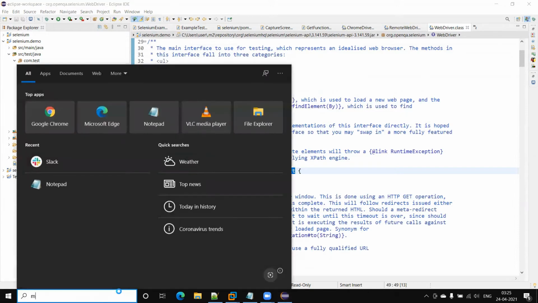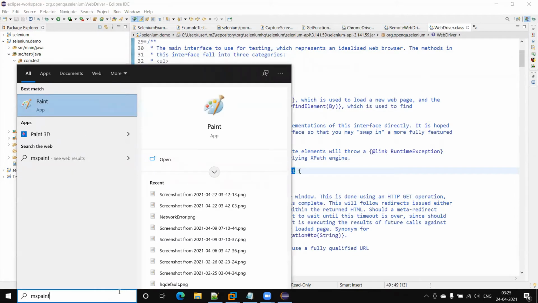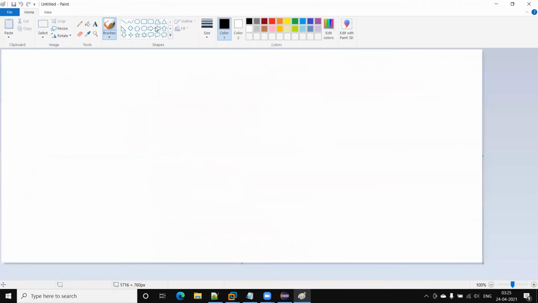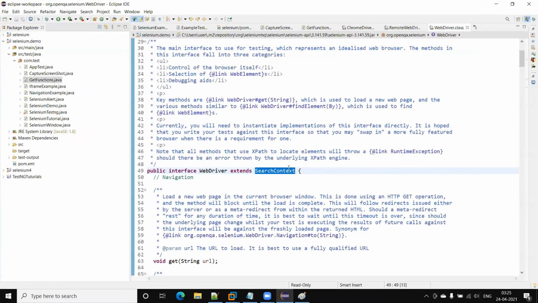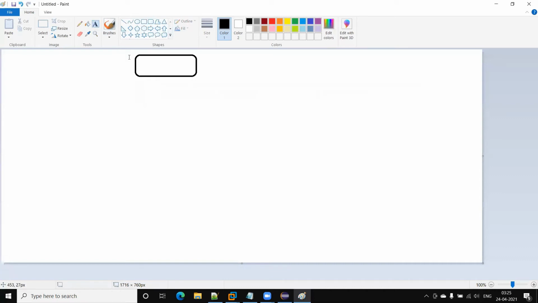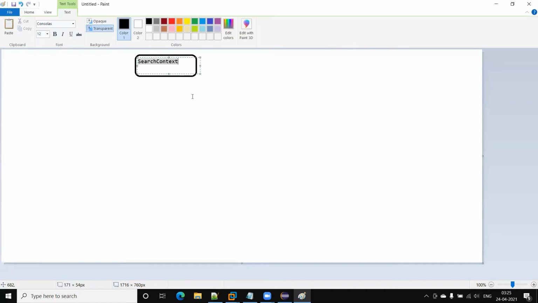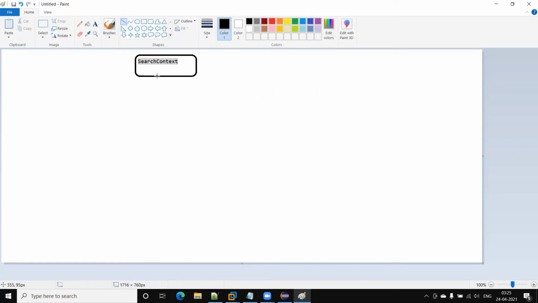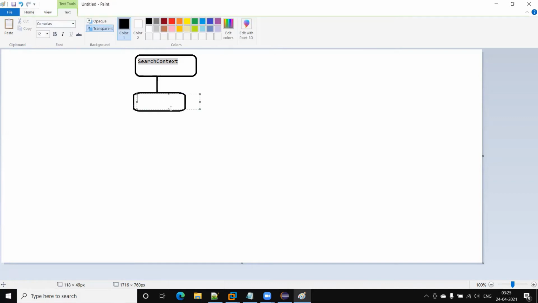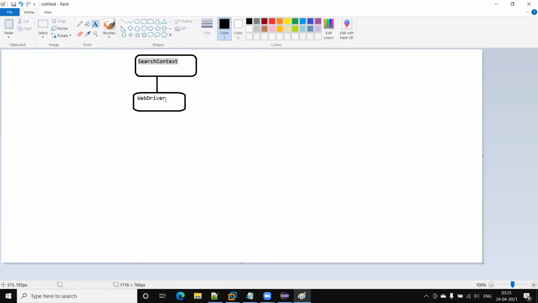If I show you here on the hierarchy, on the top there is a search context interface, and this is extended by the WebDriver interface. So this is the WebDriver, and this is the interface.